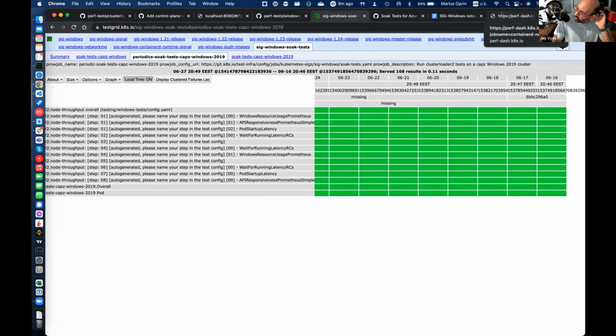Yep, it's running the, how is it called? The cluster loader. I would assume that cluster loader would have things that flaked on Windows. That's what I'm surprised about. I feel like, Marius, we need to add tests if nothing is flaking, because we all know Windows is flaky, right? There must be some tests. Are we running all the tests, or should we add some new ones? No, we are running this test from this config file. Those are the Windows tests for cluster loader.